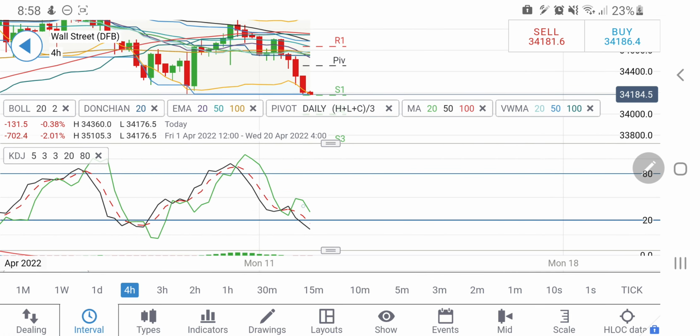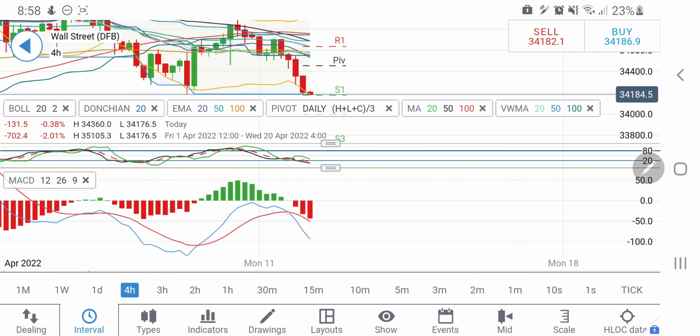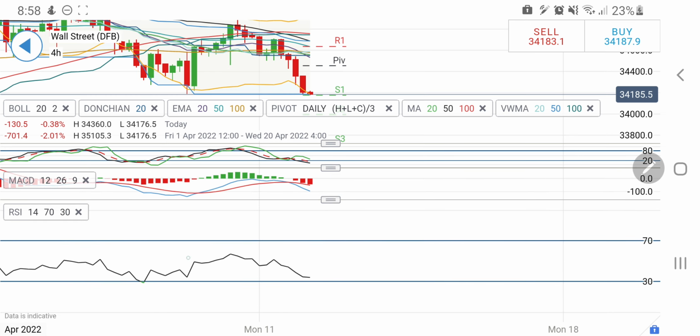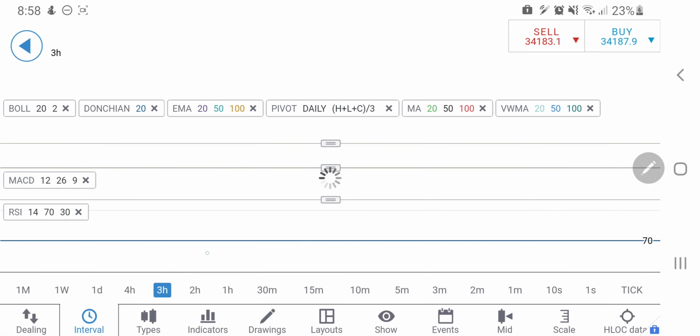Look at the 4-hour stochastic, it is extremely oversold here, extremely looking downwards here, hence a bounce back is a must. So I'll be watchful of the following candles from now onwards. The next candle and this candle I'll be watchful of, it has to rise from here. And look at the MACD. MACD is wide and strongly divergent here, so the height has to limit, and probably it has to converge, indicative that we may see green candles on US 30 from here. RSI is at the bottom and in the oversold zone.